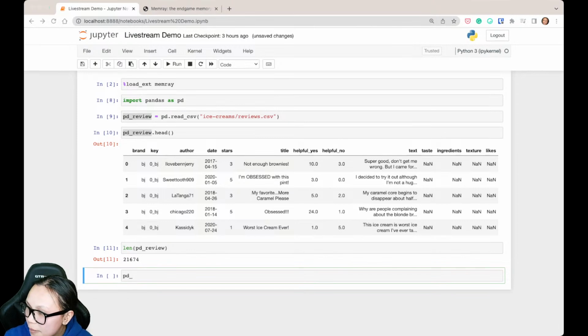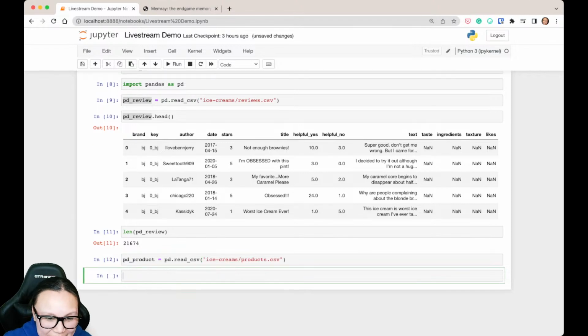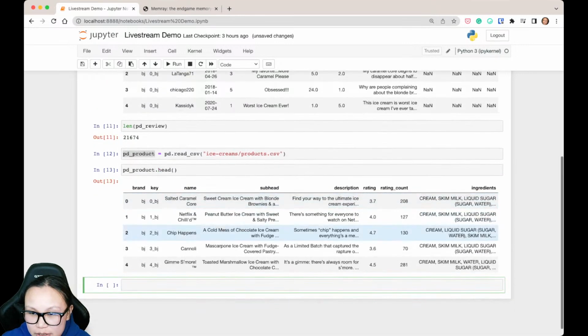Actually, I'm going to copy and paste because I hate typing, and I told you I have a cheat sheet. So I'm going to load this in, and I'm going to show you quickly what it is. Okay, so this is all the product details, so it shows you what ingredients it has. These are all not vegan ice creams because they use cream in them, but it's okay. And then there's how many ratings each ice cream has received, and what the average rating is, plus the description and other product details. So all is good, but